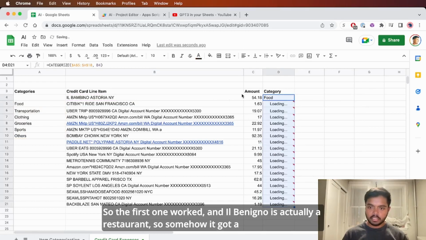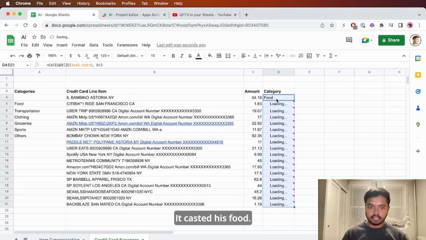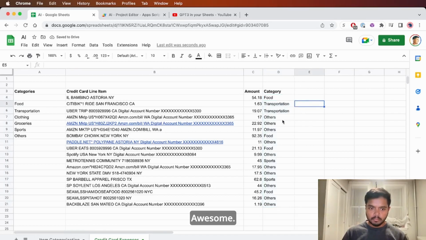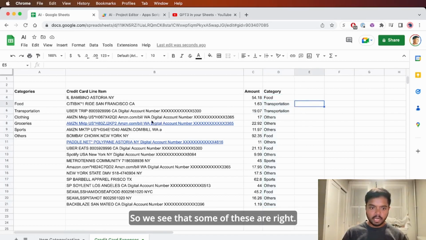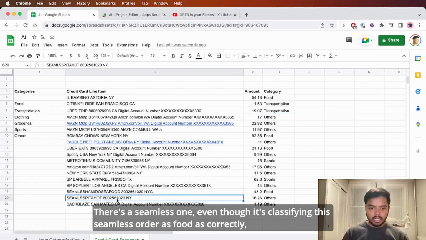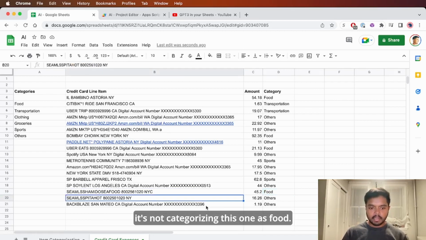So the first one worked, and Il Bambino is actually a restaurant, so somehow it got it right. It guessed it as food. Let's see how good it is for the rest of the items that we have here. Awesome. So we see that some of these are right. For these Amazon ones, it just categorizes as other, and it looks generally pretty good. There's a Seamless one. Even though it's classifying this Seamless order as food correctly,